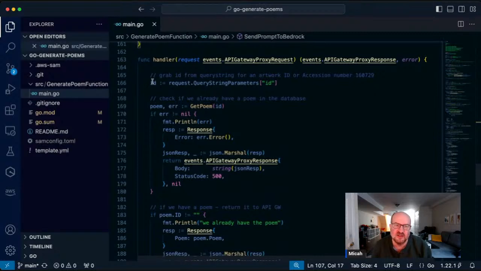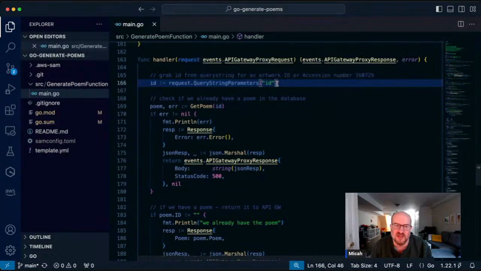So first of all, it grabs an ID, and it grabs this ID from our query string parameters. The whole point of this exercise is that we can either pass it an actual ID number, like a 1, 2, 3, 4, or we should also be able to pass it an accession number. And we'll need some code to make sure that we understand which one is which. Or actually, rather, we've already done that. I'll bring that up in a moment just to review that. So the point is, it doesn't care.